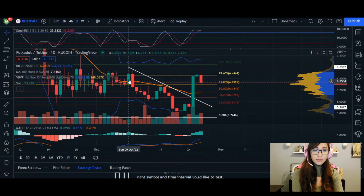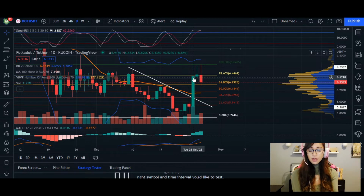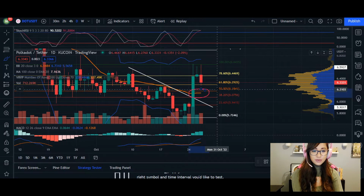Now we can see here we've got this downtrend corridor, especially when we saw a lot of coins, Bitcoin and Ethereum, go up. A lot of other coins, including Polkadot, went up as well. However, a primal point where the price is going to retest is around the 50 to 38% level. Notice already we've got a really good area of supply and demand in this chunk here, where price consolidated, got rejected from our 20 MA, and then broke out above our 20 MA as well. So roughly around this node here at $6.18, around the 50 to the 38, but most importantly around our 20 moving average,